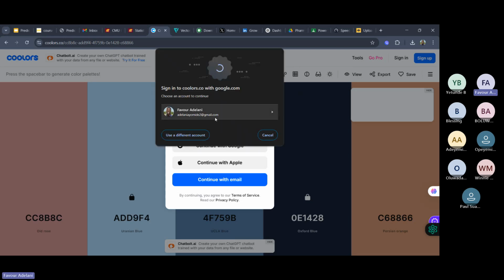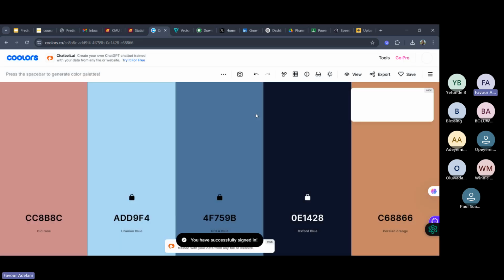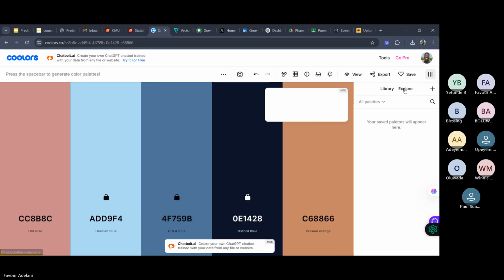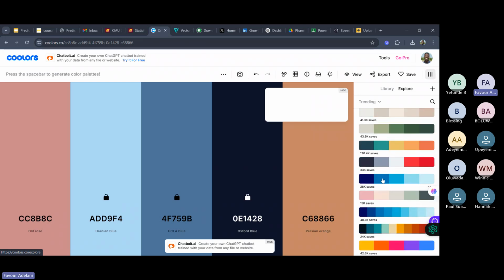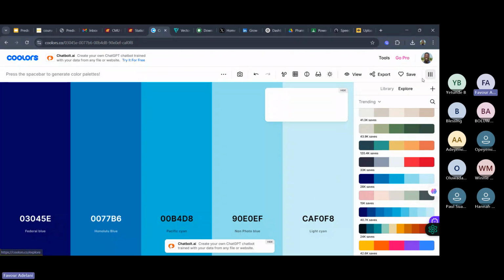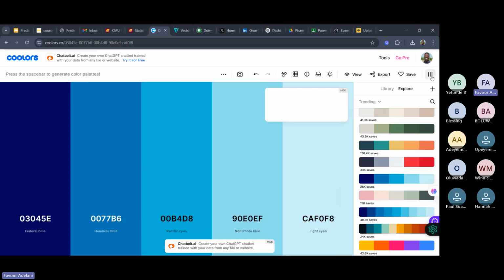So you can see it's trying to sign in using my Google account. Once that process is completed, now, can you see they are already pre-saved palettes? This is a palette, shades of blue now. If I click on this, rather than trying to find shades of blue myself, I have a template for already saved blue palettes. So this is very useful when your reports, your dashboard, your visuals are still in the